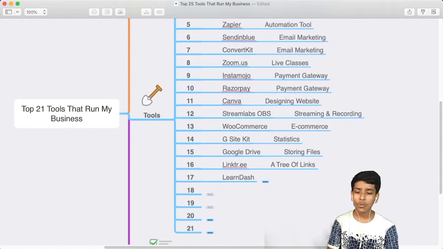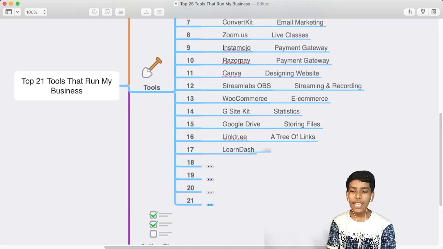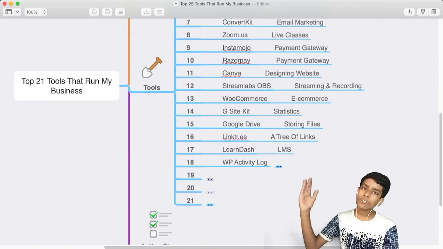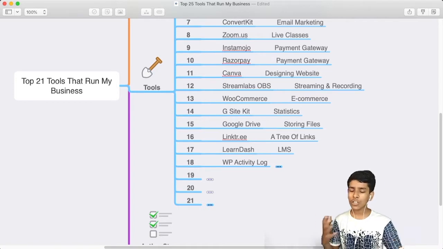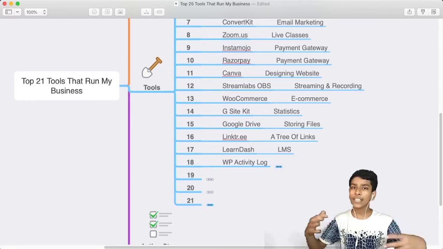So the 17th tool is LearnDash. LearnDash is an LMS, learning management system. Yeah. 18th, WP activity log. It is also a plugin for WordPress. In LearnDash I can't see statistics, it is also not very good for the admin.